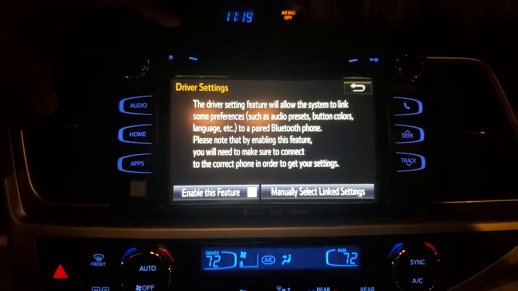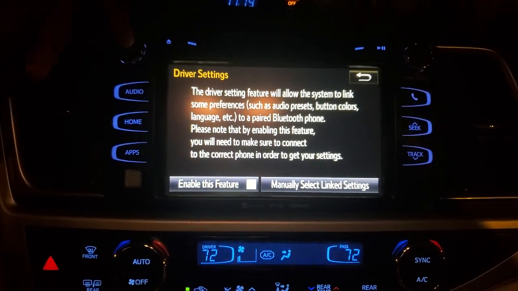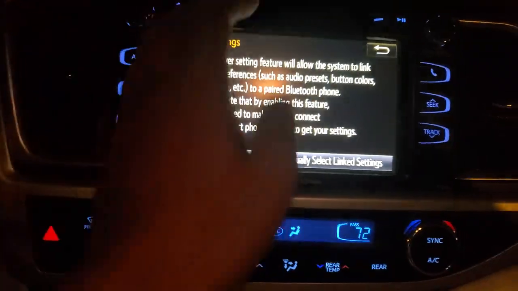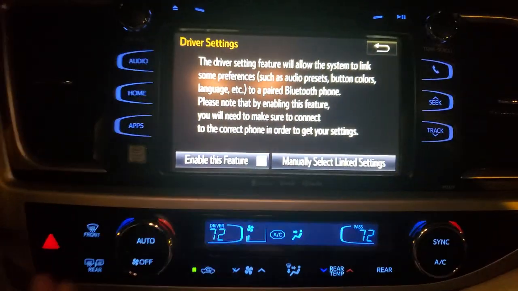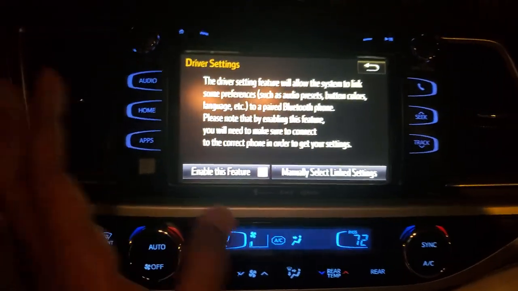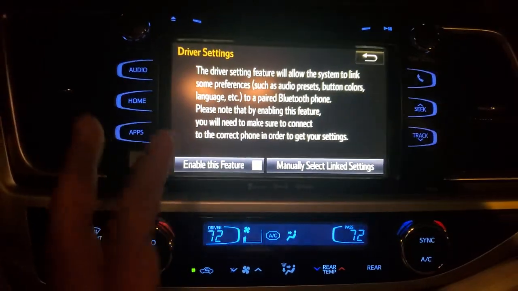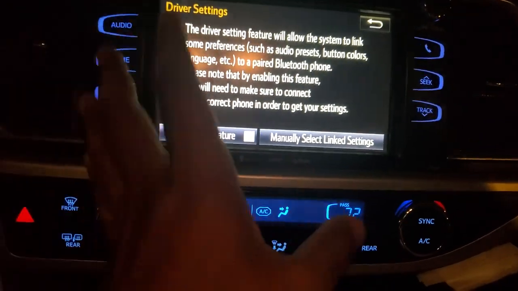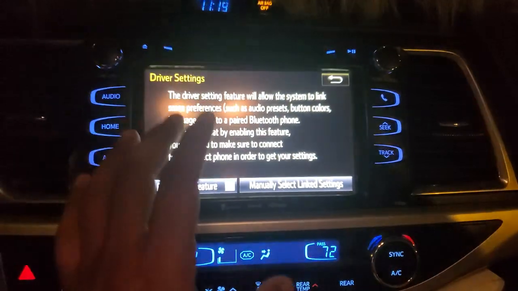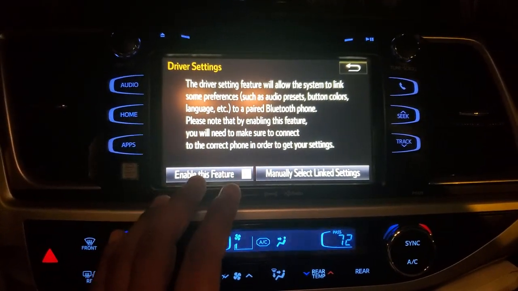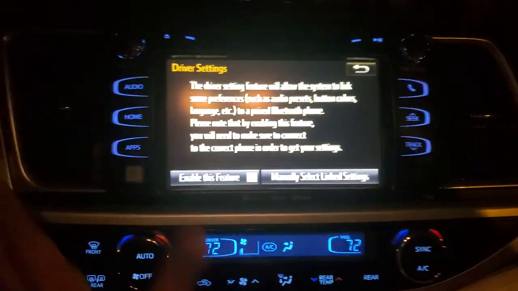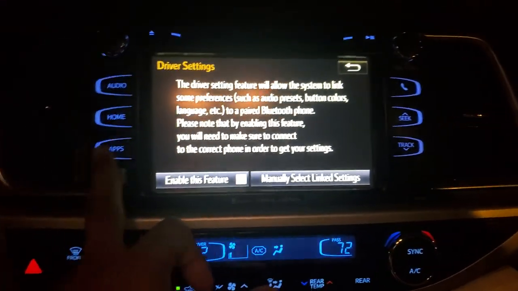For example, if you are connected with your phone, then all the settings like brightness of the screen and audio equalizer, anything like that, will adjust automatically. Then if your friend sits inside and connects his phone to the infotainment, it will put his settings. So this is for that purpose.